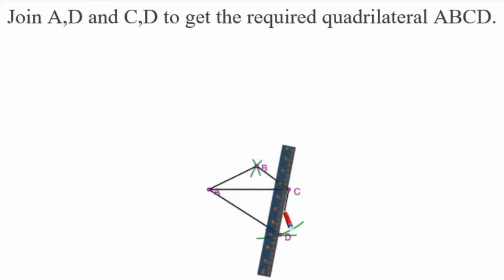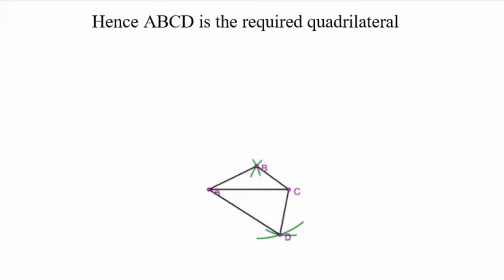Remember, if the steps of construction are asked, we need to write all the steps. But if not, then at least we must write what is given. So whatever were the dimensions given to us, we'll write that in the given. Then to construct, I will write the quadrilateral ABCD. And the final answer is very important. It carries marks. So we must write, therefore, ABCD is the required quadrilateral.